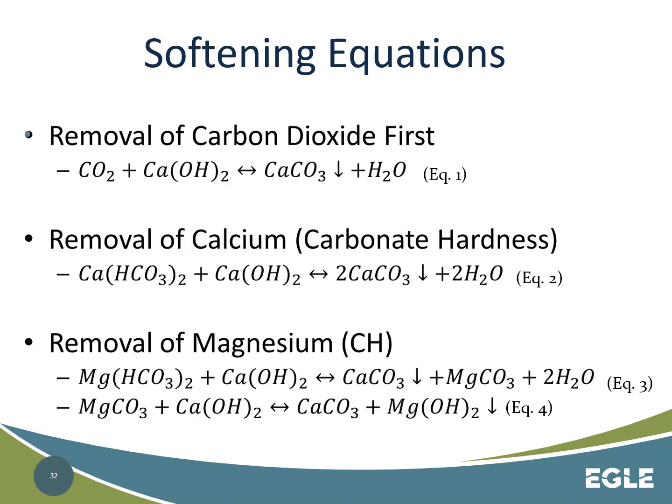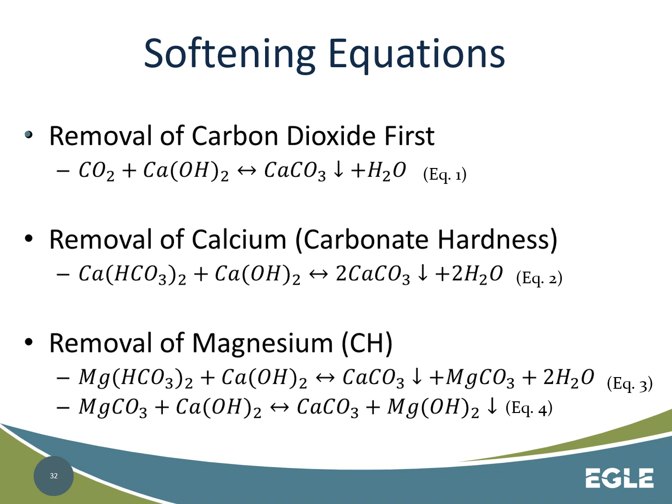These are the chemical equations that illustrate everything we just learned. Something we really haven't touched on yet is carbon dioxide. Water typically has some level of CO2, which will react with the lime we add to the water. So the first equation here shows the removal of carbon dioxide from the water. CO2 reacts with hydrated lime to create calcium carbonate and water. Note that the calcium carbonate in this first equation has a down arrow next to it. That arrow represents a precipitate, which means that calcium carbonate in this equation is a solid and can settle out